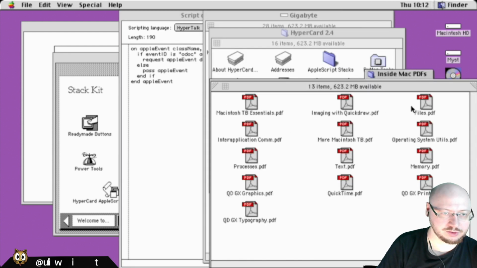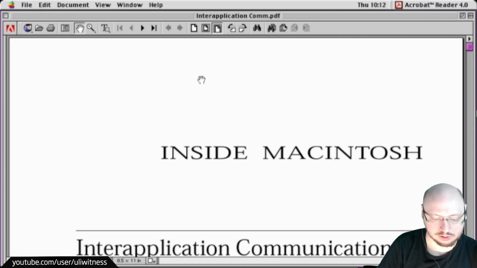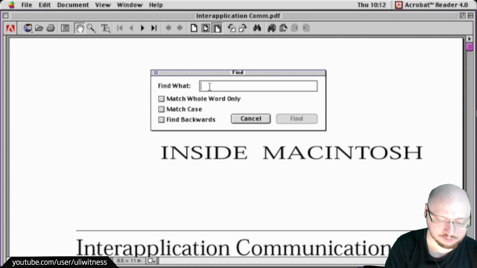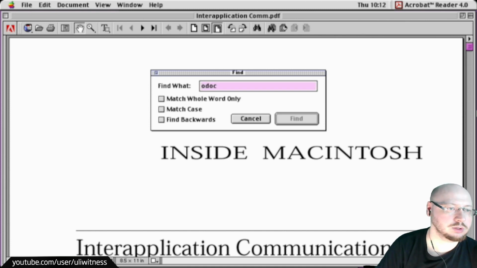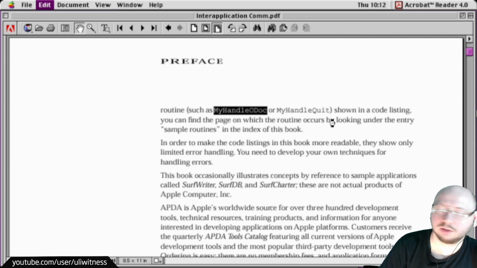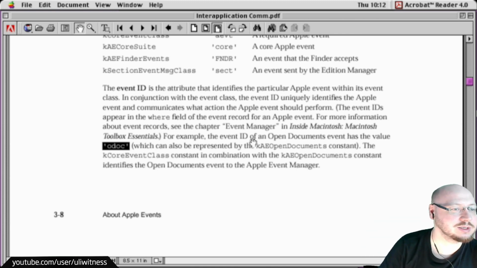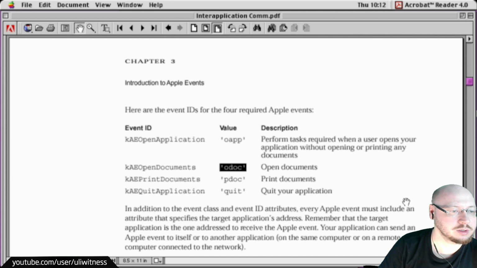And now we need to find out, inside Macintosh inter-application communication. ODoc. Hello? Yes. Keep searching, yes. Now you see how slow stuff like that was back then. Searching for a string in a file? How long can this take? Okay. Open